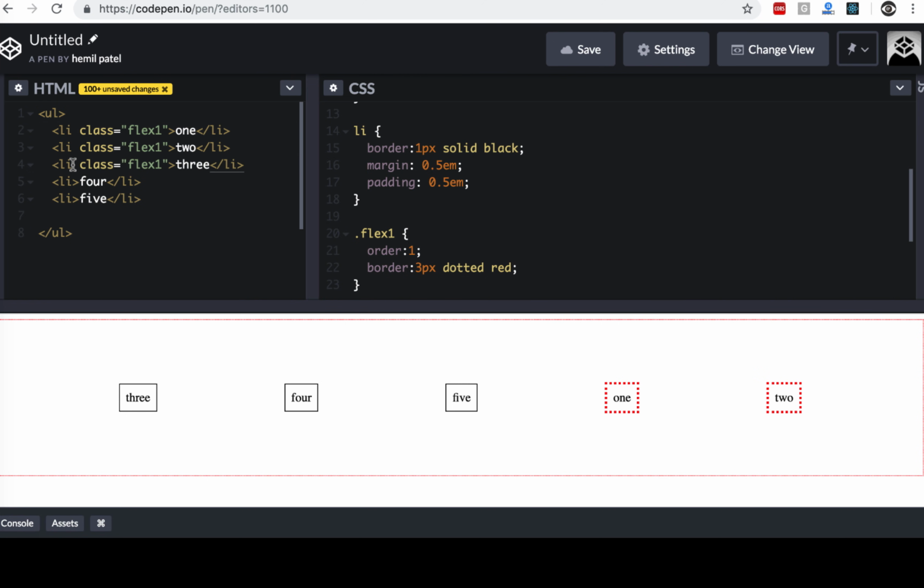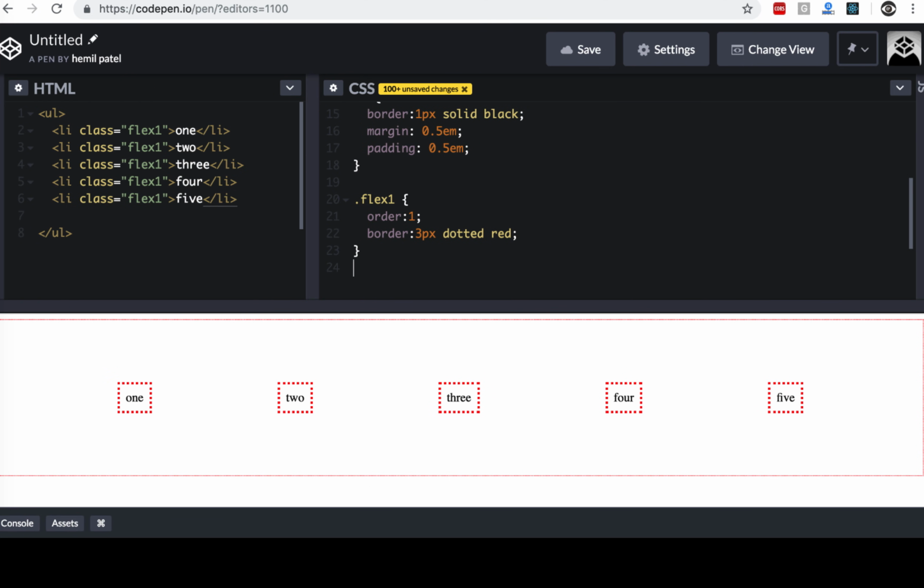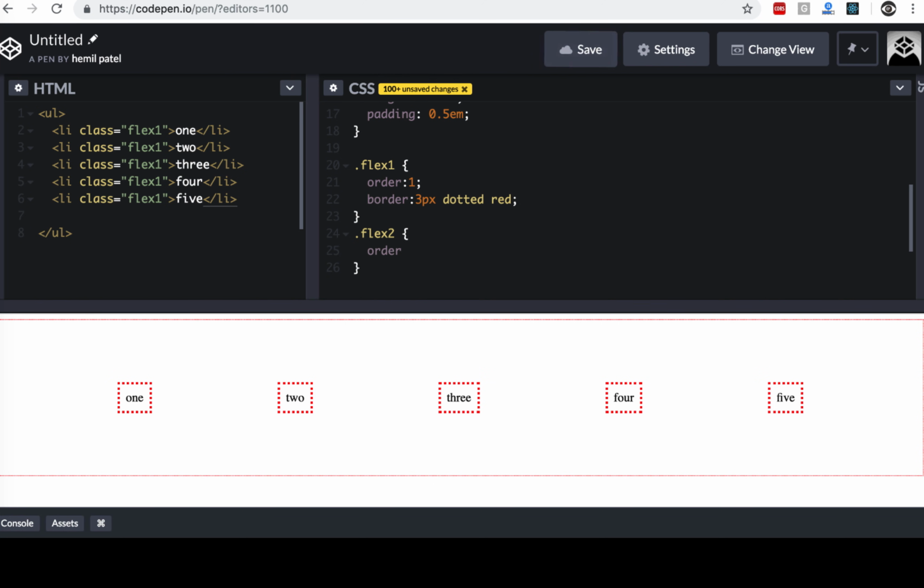So now let's add class flex1 to every element. So there's no difference right now, except to see the difference, we need to change the order. So I'm going to introduce another class called flex2. So this would have a different order, 2. It's almost like a priority. Order 1, you have a priority 1, so it's going to stay on the far left, and order 2 follows it. So imagine if I change 1 to order 2. Now 1 goes all the way to the right because everyone else has order 1, which means